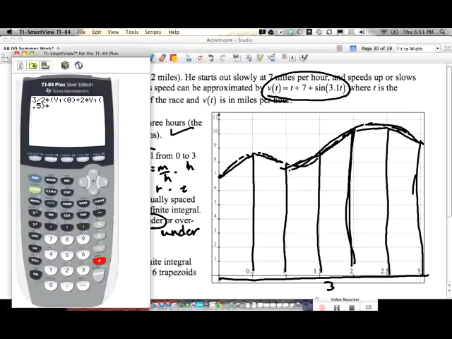Then we're going to add another double. So 2 times vars, y vars, function y1 of 1, plus 2 times vars, y vars, function, and y1 of the next point, which is 1.5,